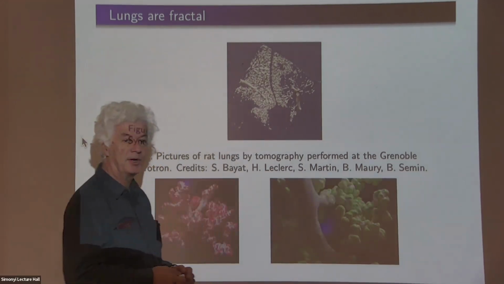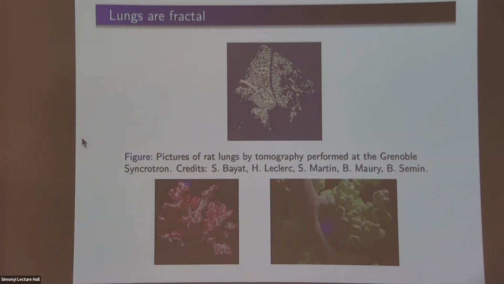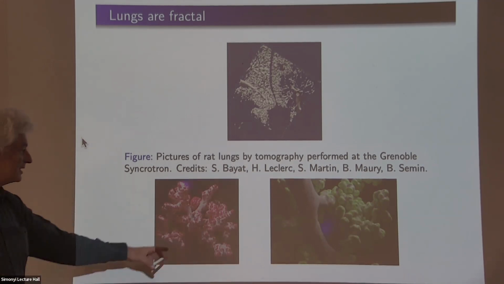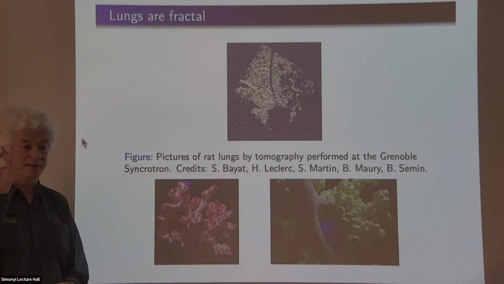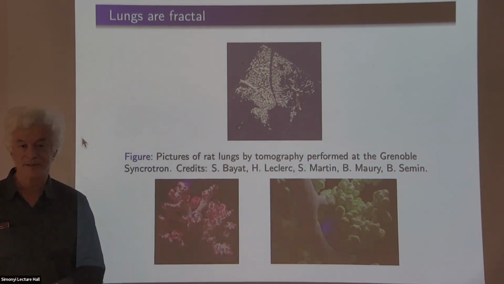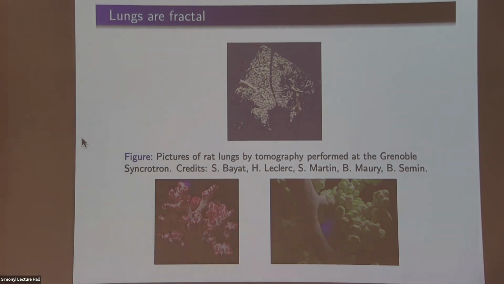The colleague is Bertrand Henry, and they had this big synchrotron in Grenoble that they wanted to use, and they decided to do tomography of lungs of rats. I think this does not look so impressive, but what happens is that you're looking at a tiny detail, and the global picture is something else. Bertrand also has a model of a lung of a rat in his office, done by 3D printing.